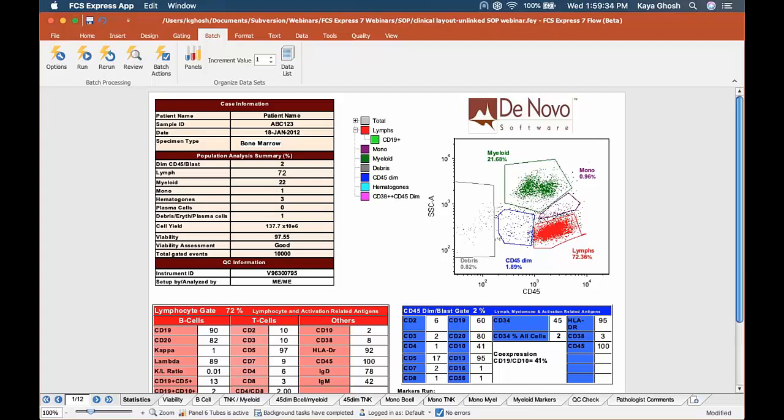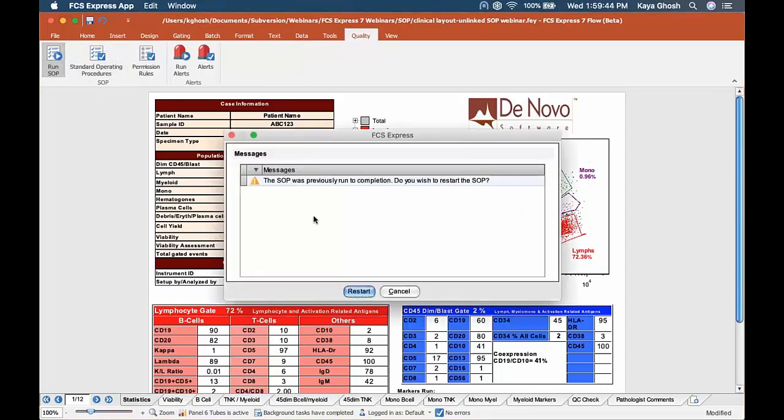So Jay, actually the question that I think you had was, let's say you've run the SOP, and now if I come over here and I click run SOP again, you get something like this. The SOP was previously run to completion. Do you wish to restart the SOP? So yeah, you can just click restart, but if you want to avoid getting that message in the reusable empty template that you're actually distributing to end users,